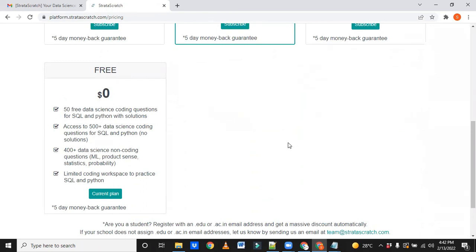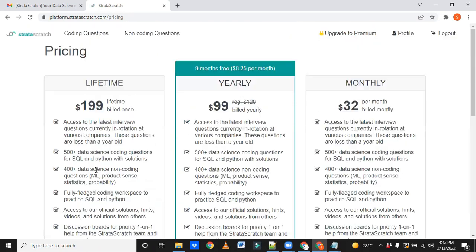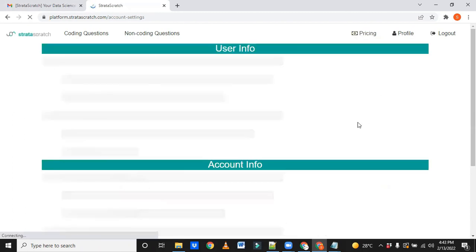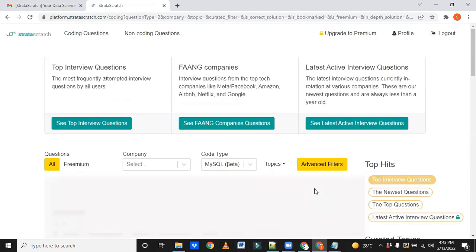Presently I have chosen the free one, where we find some sample use cases, and then we will work on them. Simply log in to your account using your existing email; you don't need separate credentials.